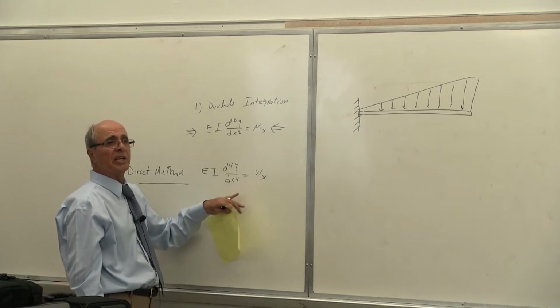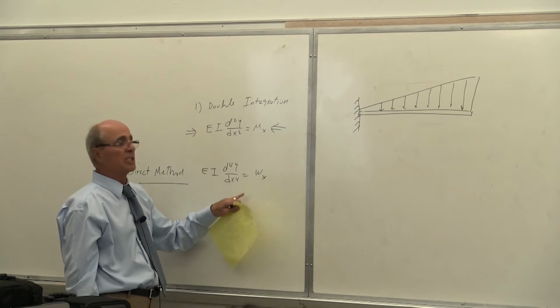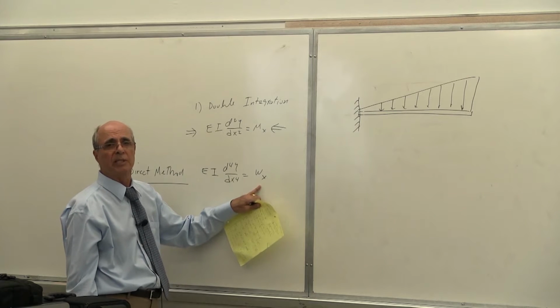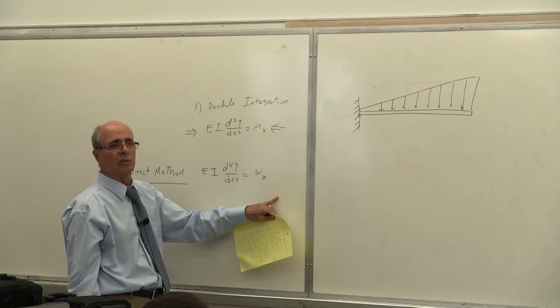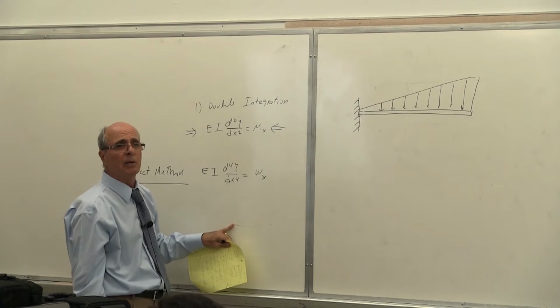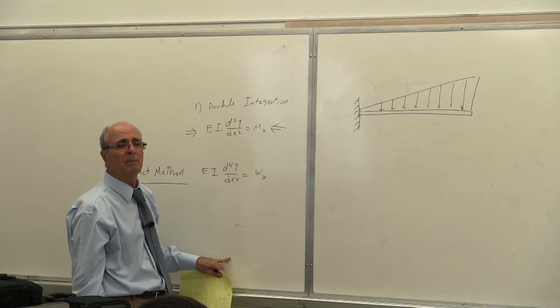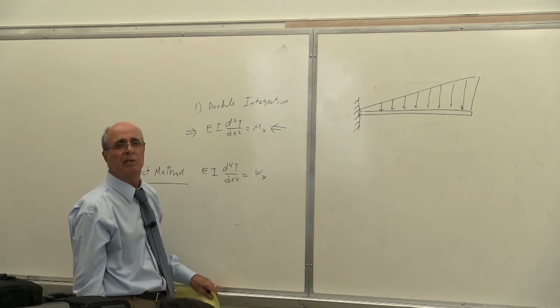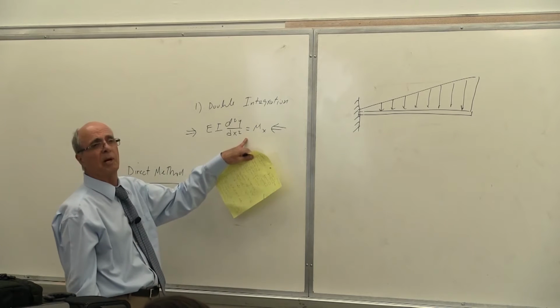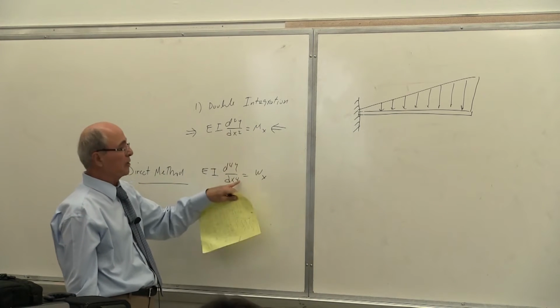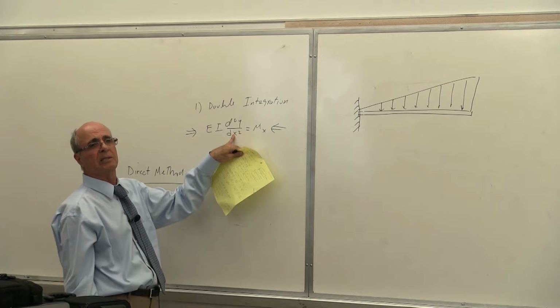Now, the first integral becomes what? The first integral is the integral of W. The first integral becomes the shear function, yes or no? The second integral becomes moment. The third integral becomes theta, and the fourth integral becomes the same format, because when I have the moment and I integrate it, it becomes like that. Is that correct or not? After two integrations, we are back to there. Is that correct or not?